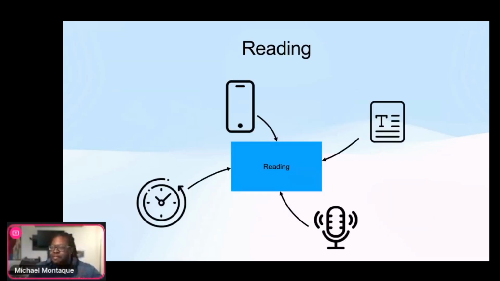So let's talk about the reading phase. Within the reading phase, you can have many different inputs, and it's basically categorized as triggers and outputs. The triggers can be webhooks, so something comes from a phone or from a website. You can have something that's text, in this case like Obsidian. You can have voice, and that voice gets translated into text. Or you can have something time-based, or you can go even more niche, and do things like buttons, motions, presence, temperatures, anything really.